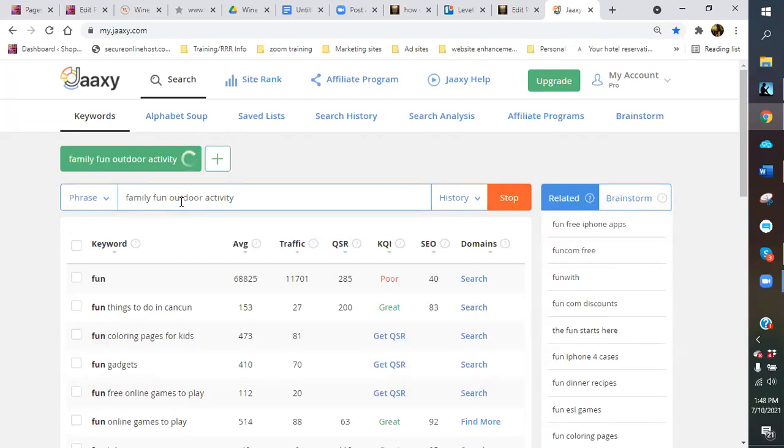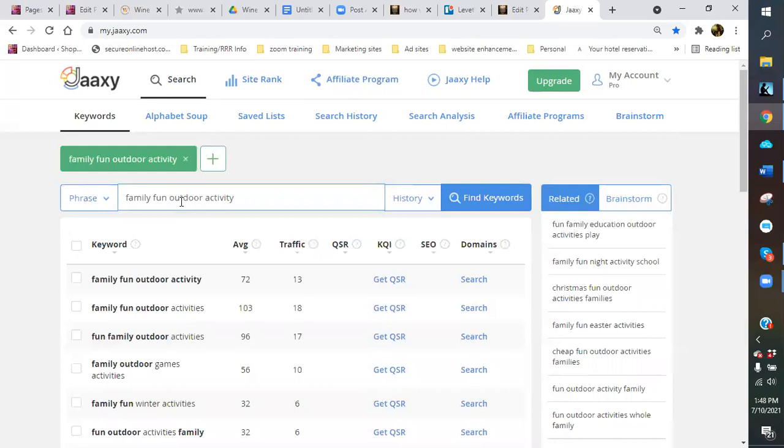And the reason I want it to be a little bit more specific is if you have the key phrase fun, you've got to compete with all those other websites before yours gets recognized. So we got family fun, nice. Outdoor activity. Here's activities. We didn't do activities.